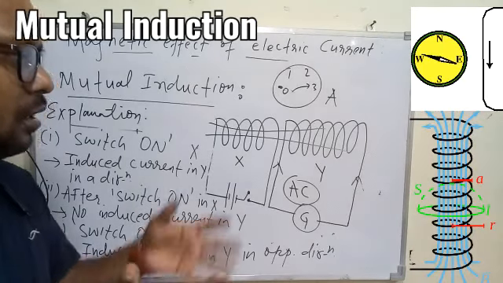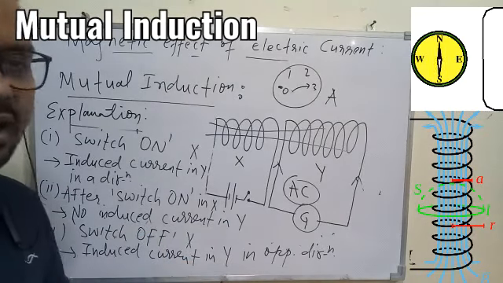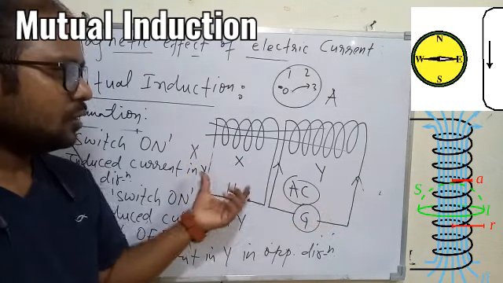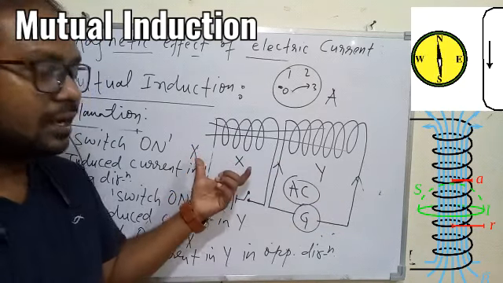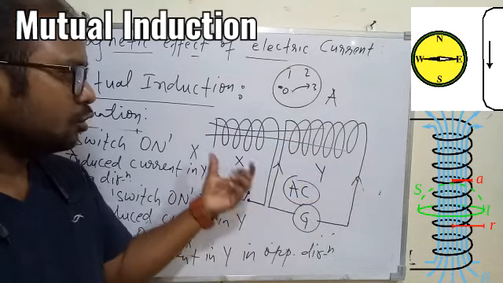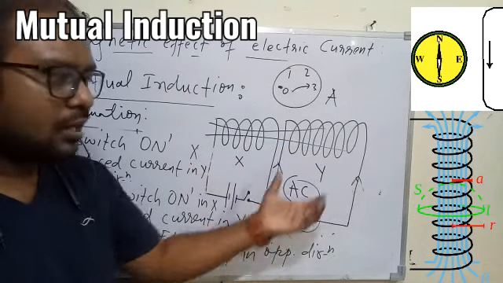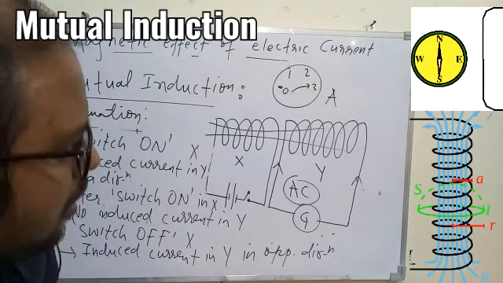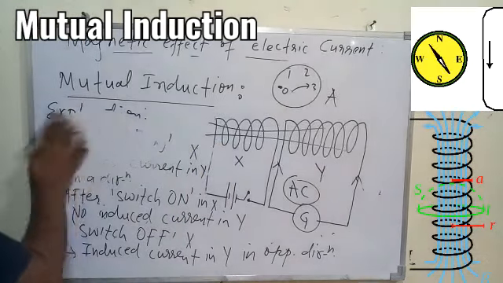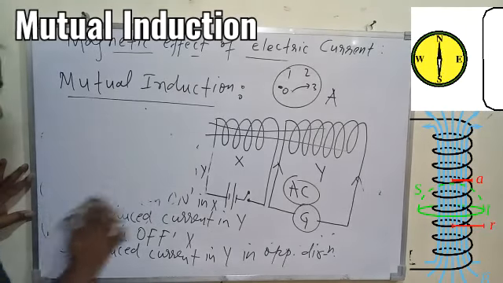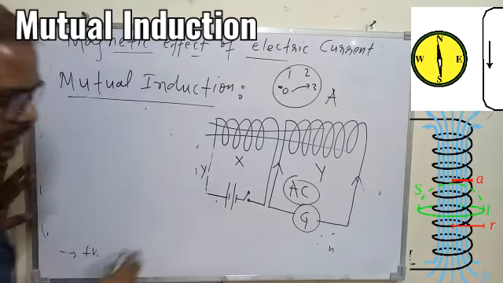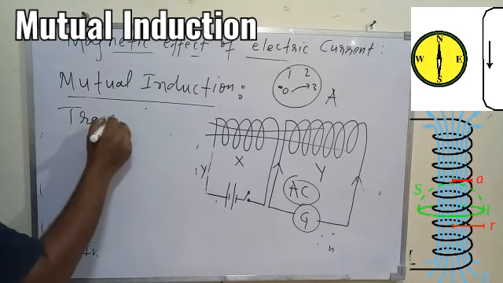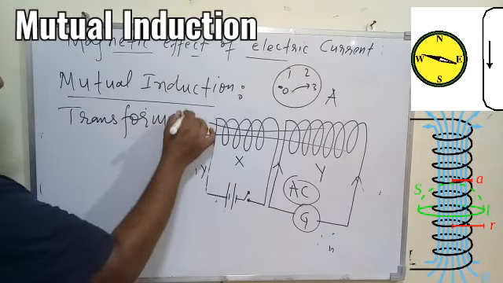We are basically doing it to have a change in the input and output current. Means with the input current we can have some output current, and input and output current can be controlled. With low input current we can have more output current, or with more input current we can have low output current. So that is the concept of transformer. Briefly you should know, that is not in the syllabus, but the transformer is basically based on this mutual induction. So you can read it yourself.